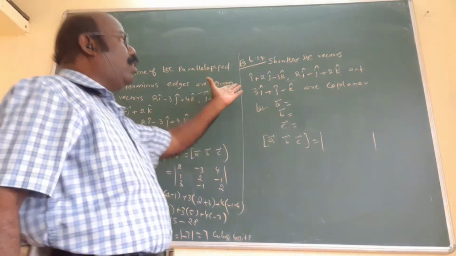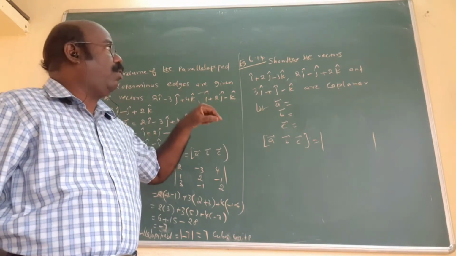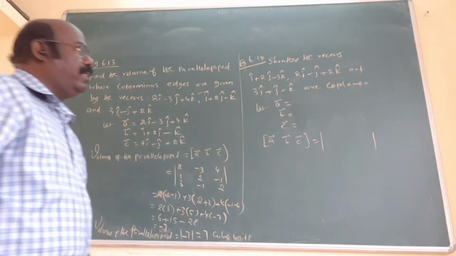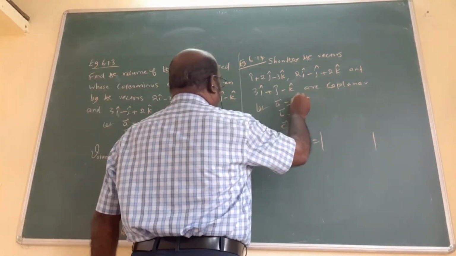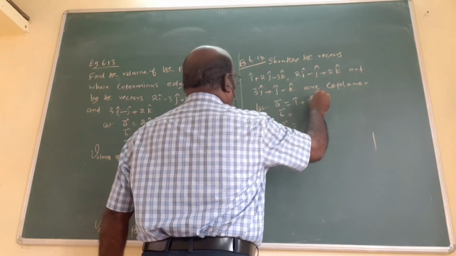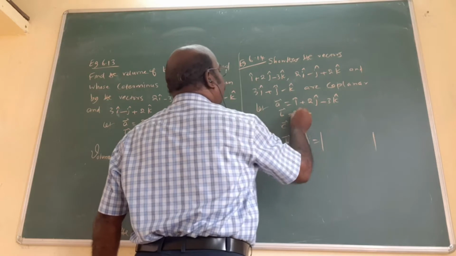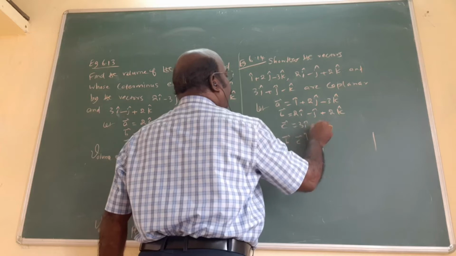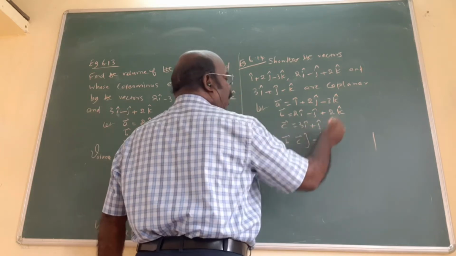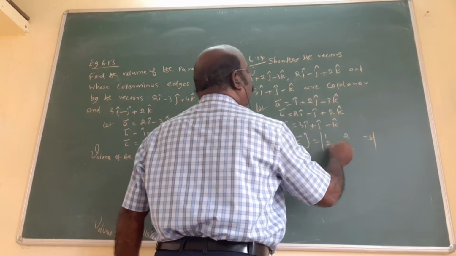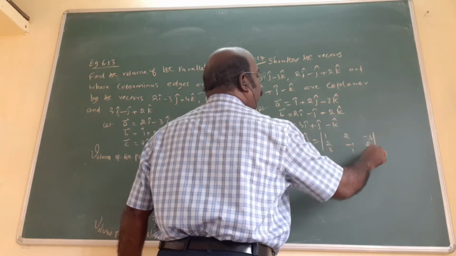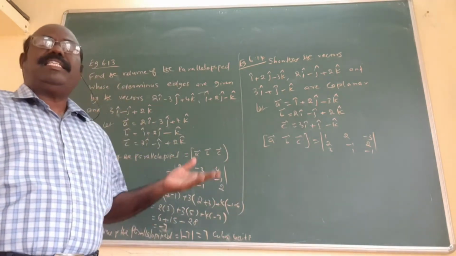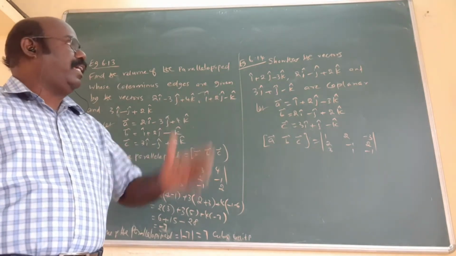Now, one more 3 mark question, 2 mark question, important question. Coplanar, already told you, 3 vectors are coplanar if the box product becomes 0. Am I right? That is the concept. The same thing, let us assume the first vector is A vector. Next is 2i cap minus j cap plus 2k cap. The 3i cap plus j cap minus k cap. Now substitute all the values 1, 2, minus 3, 2, minus 1, 2, 3, 1, minus 1. In this way, first find the box product A, B, C. If this becomes 0, automatically the 3 vectors A, B, C are coplanar.